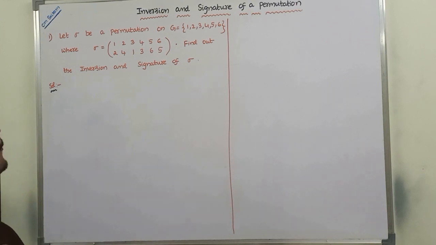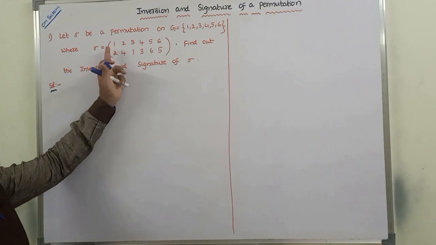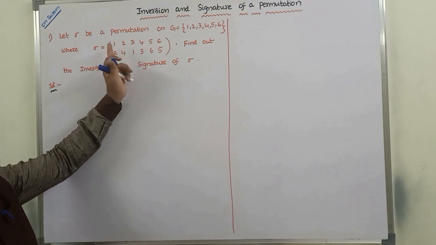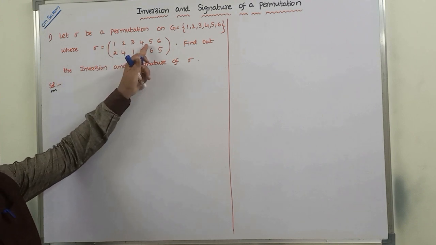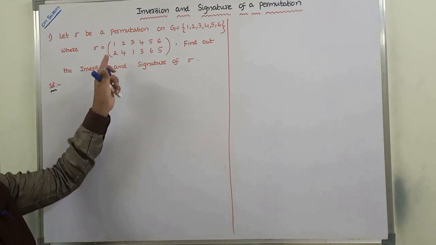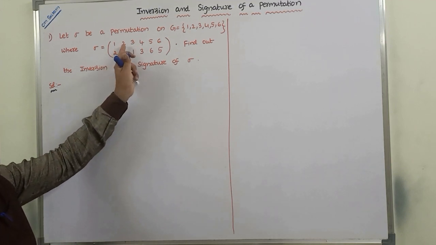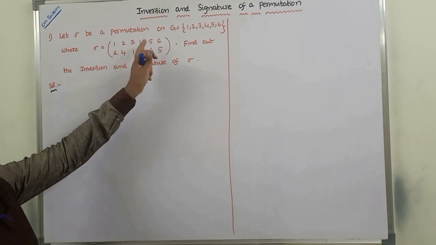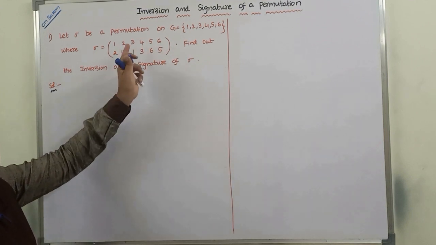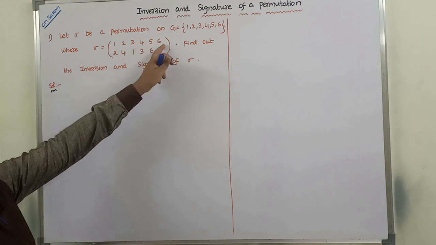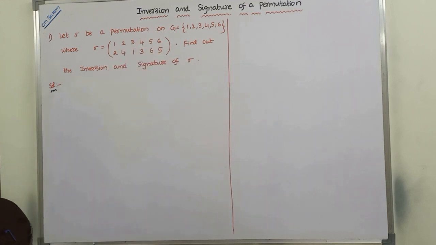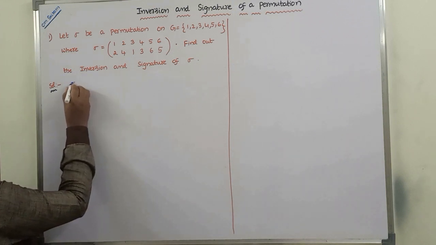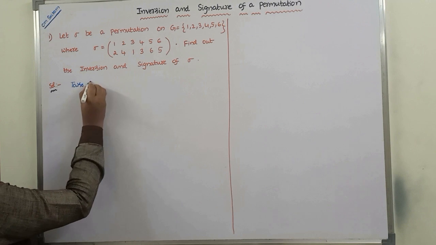So, for finding the inversion, first we have to take the pairs: 1,2, 1,3, 1,4, 1,5, 1,6 and 2,3, 2,4, 2,5, 2,6. Next 3,4, 3,5, 3,6. Next 4,5, 4,6. Next we have to take 5,6. First, we take the pair